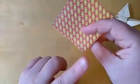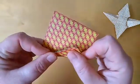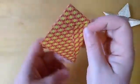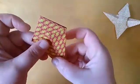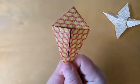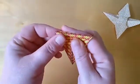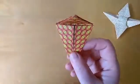So same thing, we're going to go this way and make sure that we go to the direction of the open end, so you have everything going the same way. And then the other side. Just like that. And then we're going to fold this down along here, so we're just going to fold it down on this, just like so, and then you can put that back up,